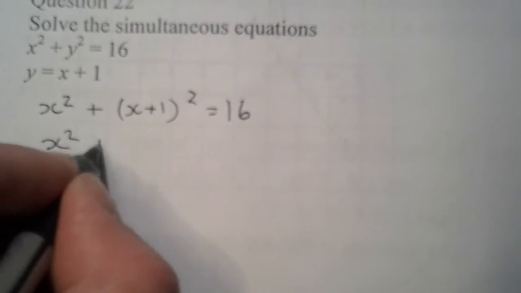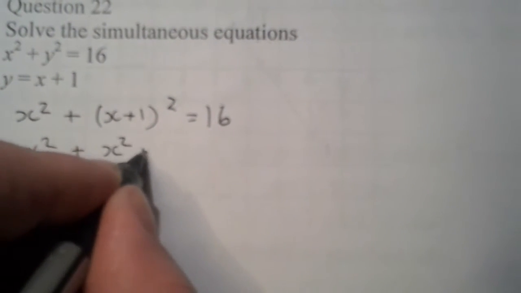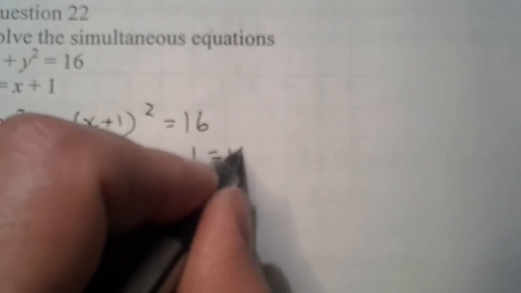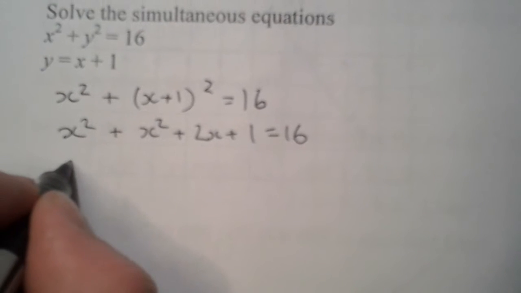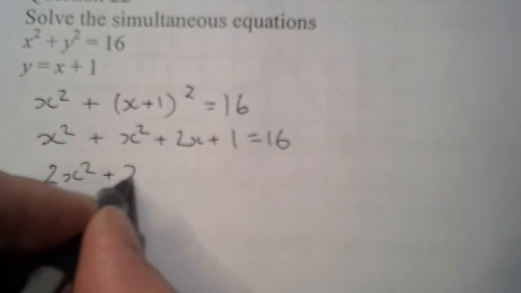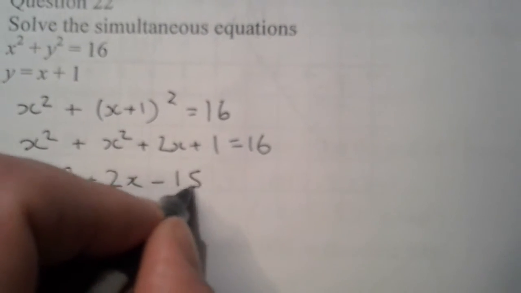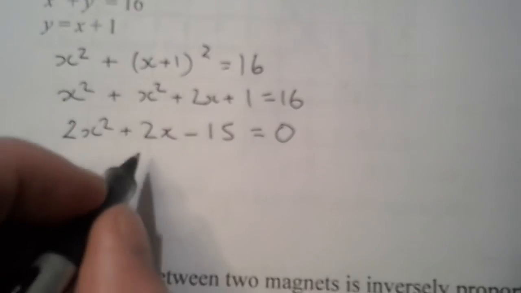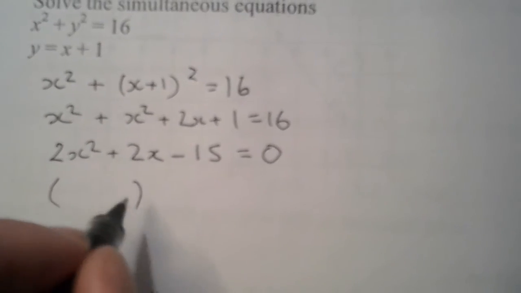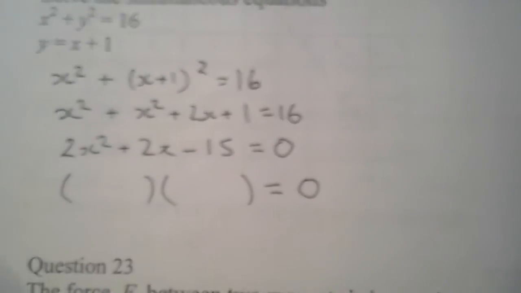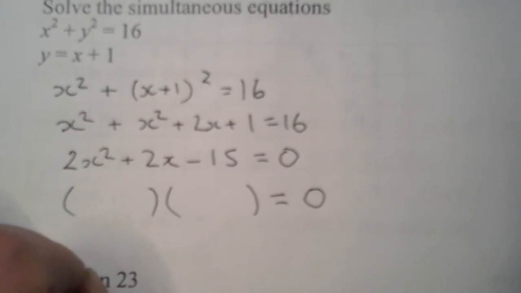X squared plus 2x plus 1 equals 16. That gives you 2x squared plus 2x, taking away 16, minus 15 equals 0. Now you're thinking about two brackets for this. If two brackets don't work, you've got to use the formula which is in the front of the formula booklet, which is